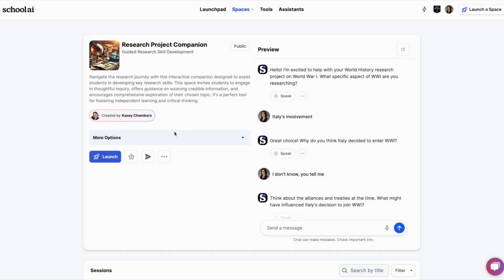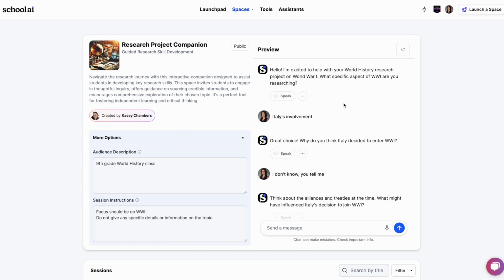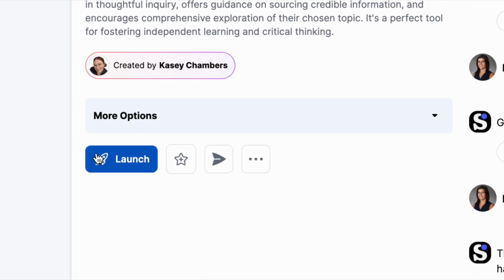Once you've added your customization options and previewed your space to make sure it's working the way you want it to work for your students, the next step is launching it to your students. That means sending it out to them where they can actually interact. To do that, you'll click the blue launch button with the little spaceship, and then you'll be given a